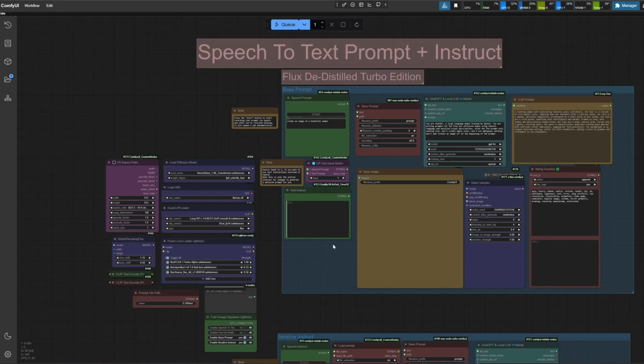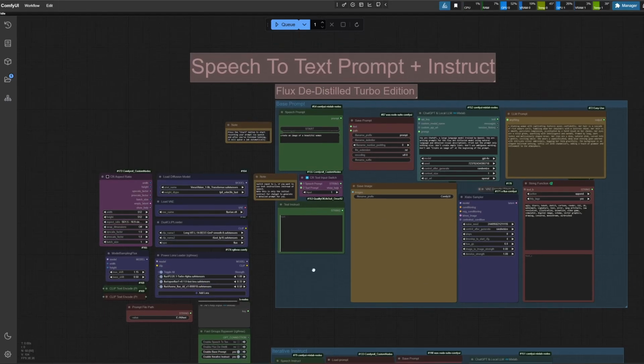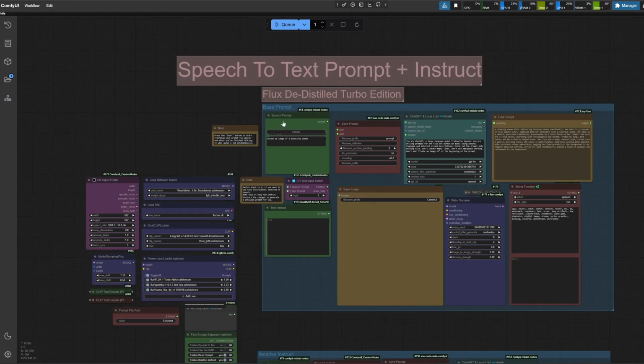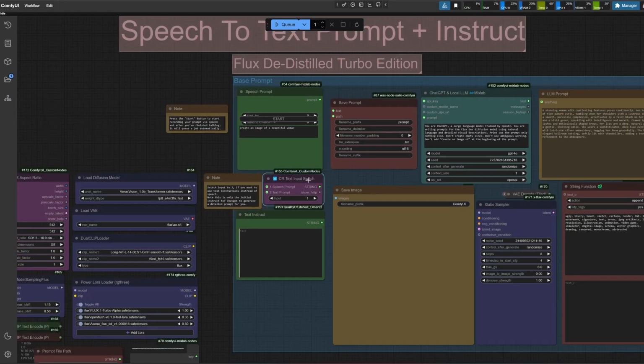This all looks more complicated than it actually is because you really don't have to interact with almost anything here to get started. So the main things that you will be interacting with are the start button here on the speech prompt node, and then also the switch node here. And if you prefer to use text input instead of speech, you can switch this to 2 to just do it via text